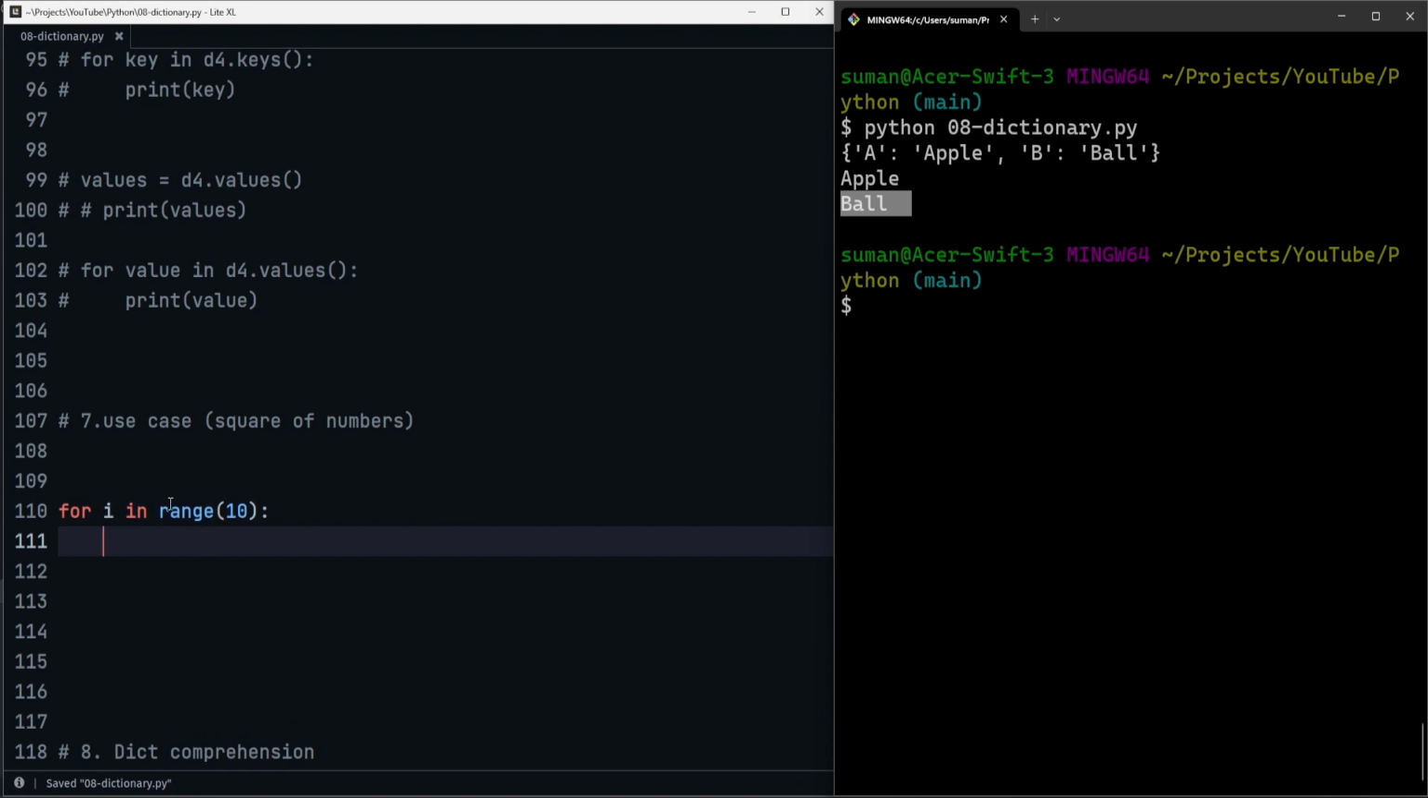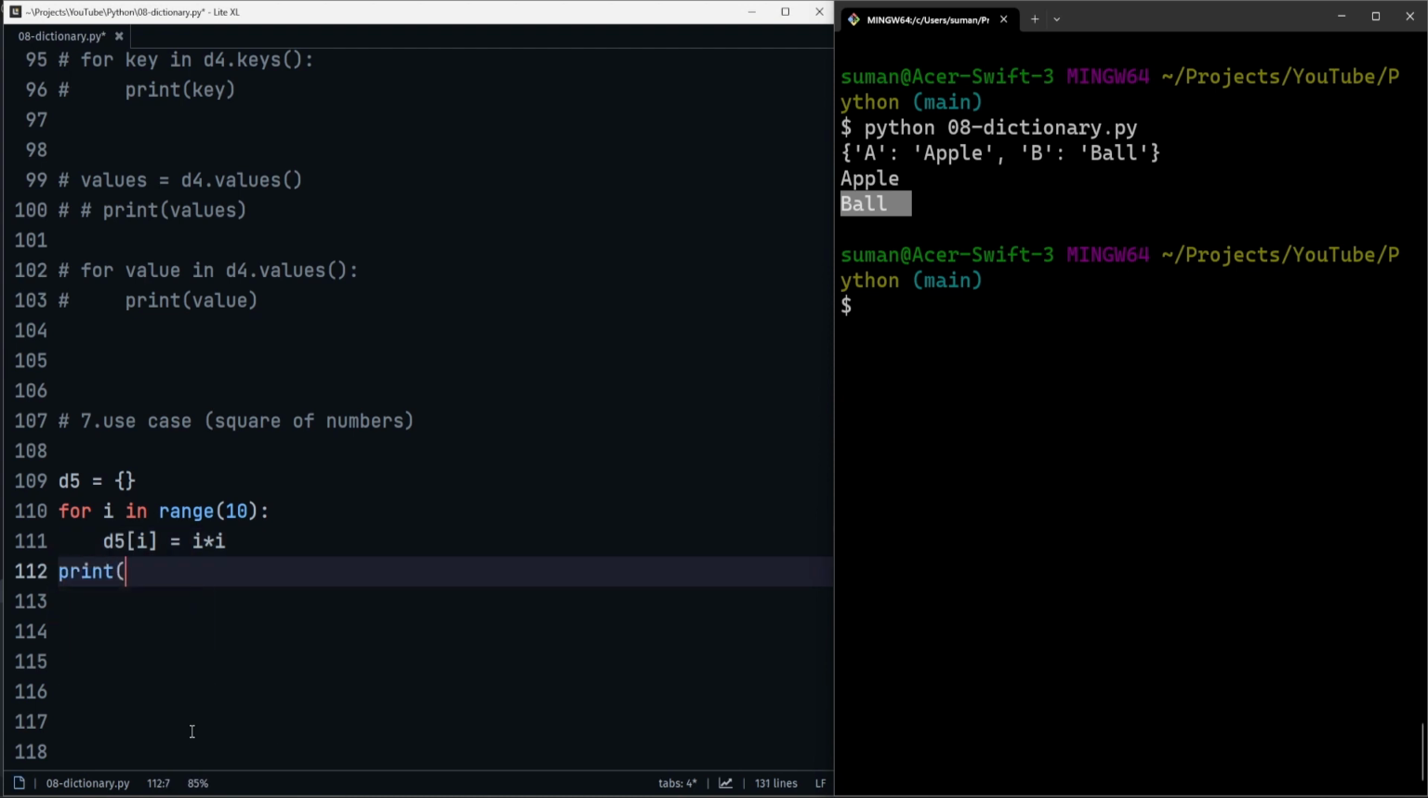So what we can do is, let's declare a dictionary here. So d5 equals an empty dictionary. Okay, and what we'll do here, we'll say d5 of i equals i times i. So what this will do, inside the dictionary, it will put the integer that will be coming from the range, 0 up to 9, as the key, and in the values it will just put the square of it. Now if you run this and print d5,